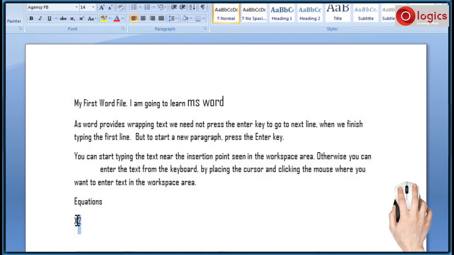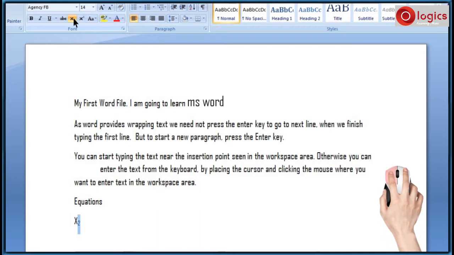Select the text you would like to superscript and then click on superscript symbol on ribbon menu. See, the selected text is superscripted. Now let us see how to do subscript. The text already selected, so click on subscript command. Simple. Text appeared in subscript. Click on the same command to remove the effect as you have done for bold, italic and underline.